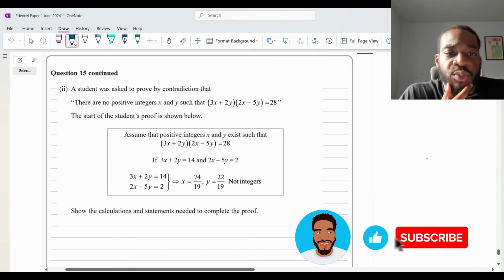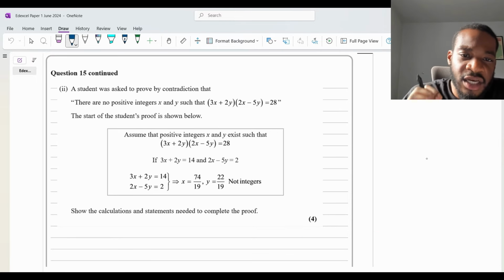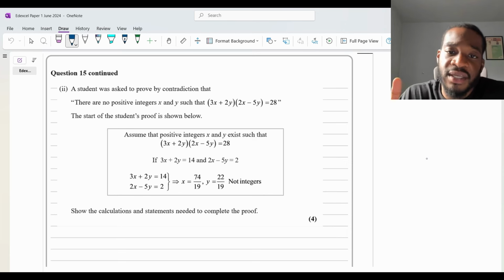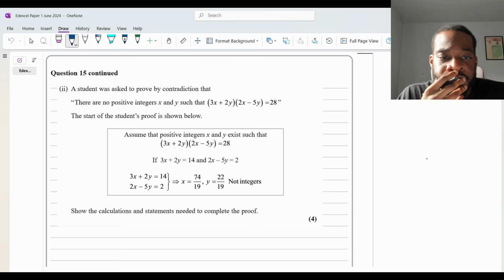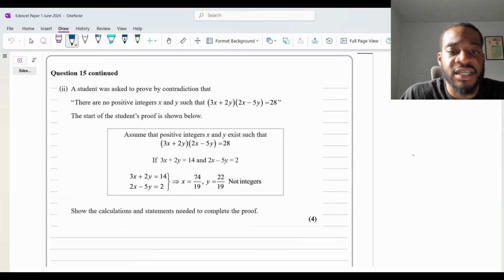A student was asked to prove by contradiction that there are no positive integers x and y such that (3x plus 2y) times (2x minus 5y) is equal to 28. The start of the student's proof is shown below. Assume that positive integers x and y exist such that (3x plus 2y)(2x minus 5y) is equal to 28, right? If 3x plus 2y is equal to 14 and 2x minus 5y is equal to